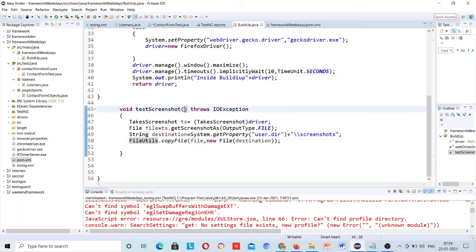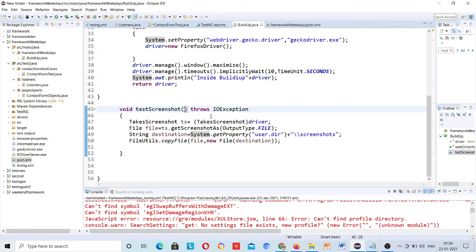Here you have to first send the driver, because the driver will only be able to relate to that particular failed test case.